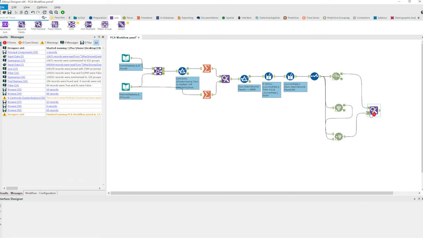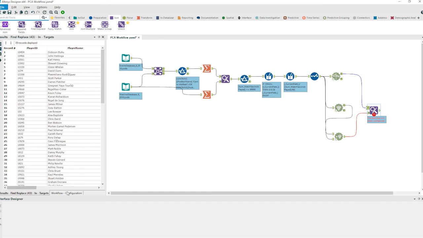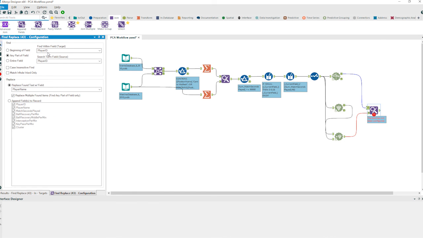I'm then going to match the inputs based upon the player ID. And from the top stream of data that has our principal components 1 and 2, I'm going to add in the cluster data. If we now add a browse tool at the end,